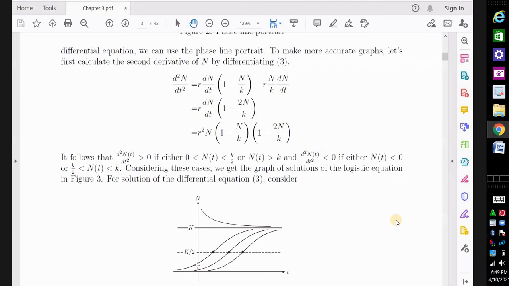ये फंक्शन का जो बिहेवियर है, यहाँ पे ये कन्वेक्स है और यहाँ पे जो फंक्शन का बिहेवियर है वो कनकेव है। सिमिलरली k by 2 और k के दरमियान में जो सॉल्यूशन होंगे, यानी 0 से लेके k by 2 तक यहाँ तक ये कन्वेक्स होंगे और k by 2 और k के दरमियान में ये कनकेव होंगे। ये सॉल्यूशंस हैं।